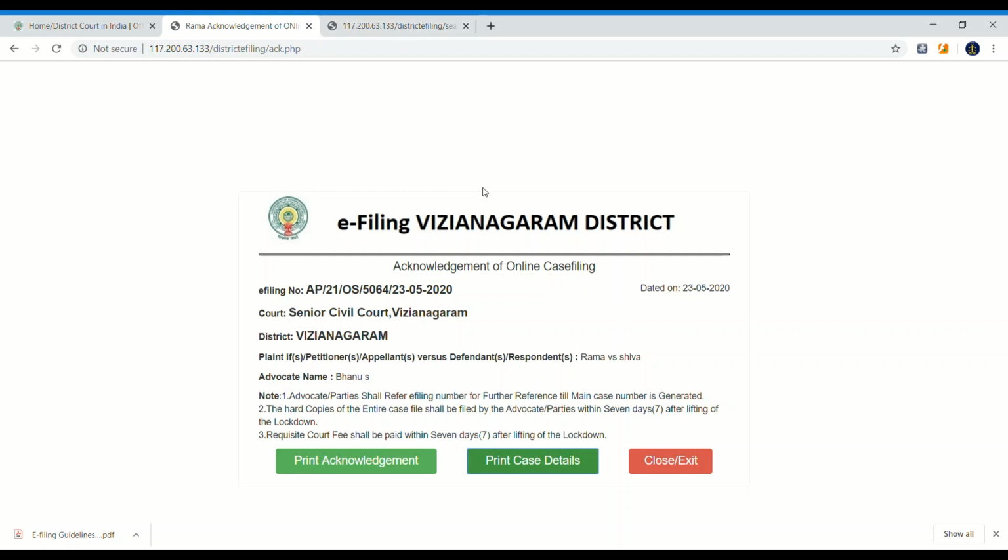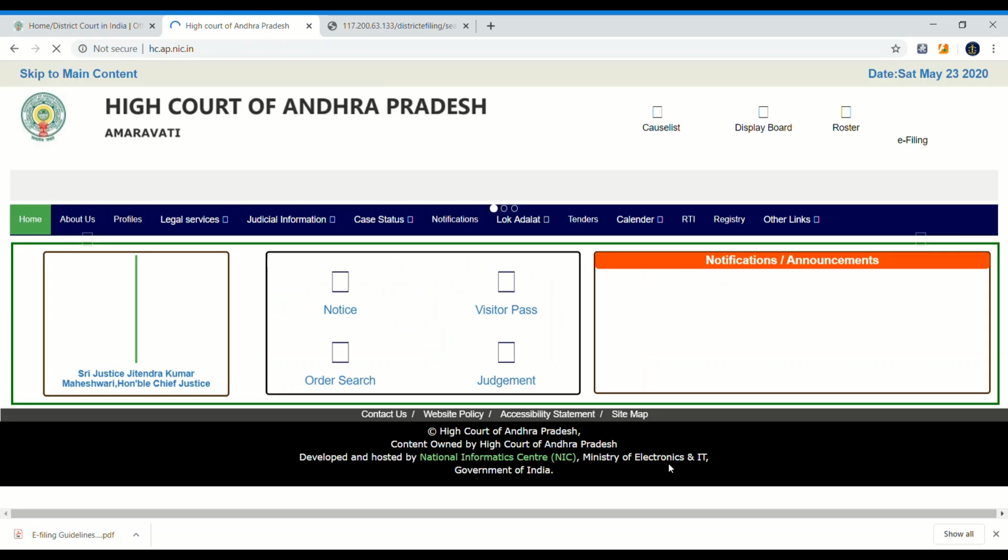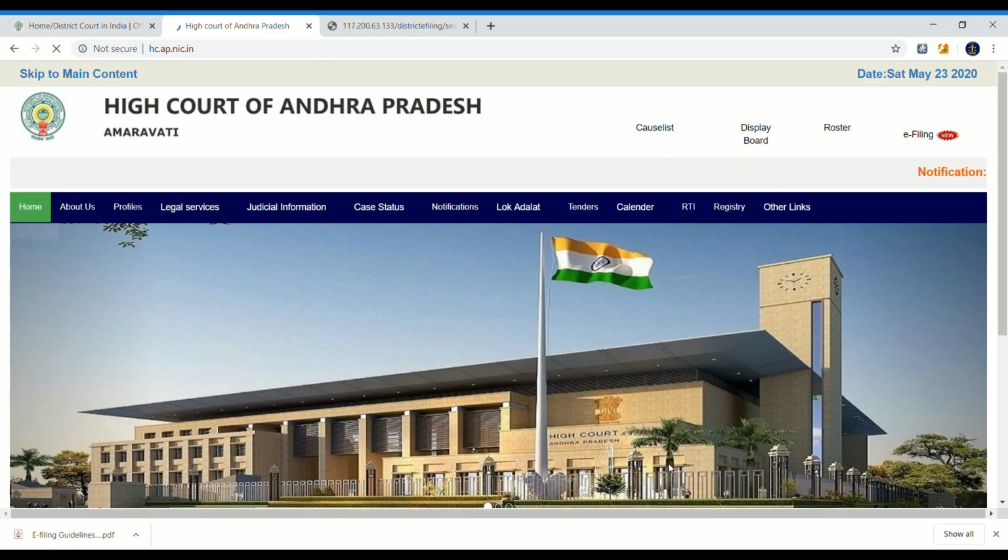Then click on the close or exit button to file another case. It will be redirected to the main page.